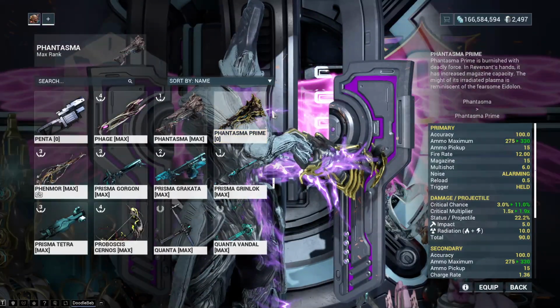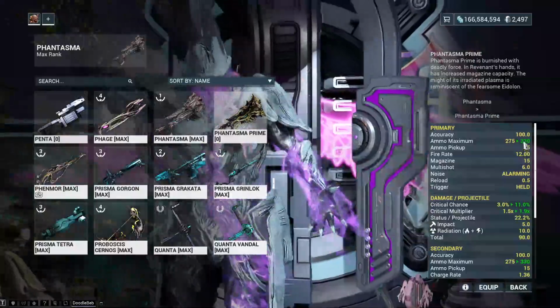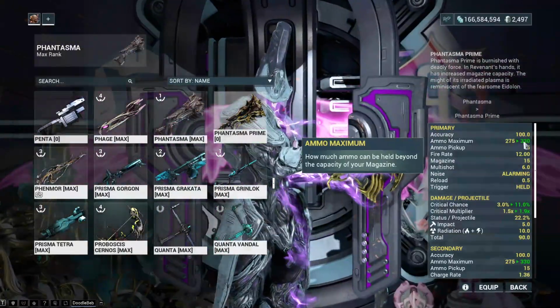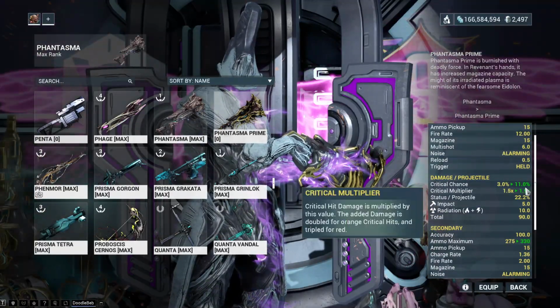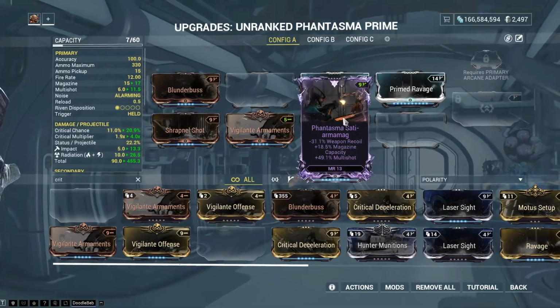Comparing the two, because obviously I'm using the Phantasma anyway, you can see the only difference is the ammo has gone up. It's a saving grace because the biggest problem with this is it burns through ammo quickly. Carrier is probably going to be a bonus, but the crit chance is what I'm looking forward to actually trying with this thing. This will probably need 2 or 3 Formas because even with a...